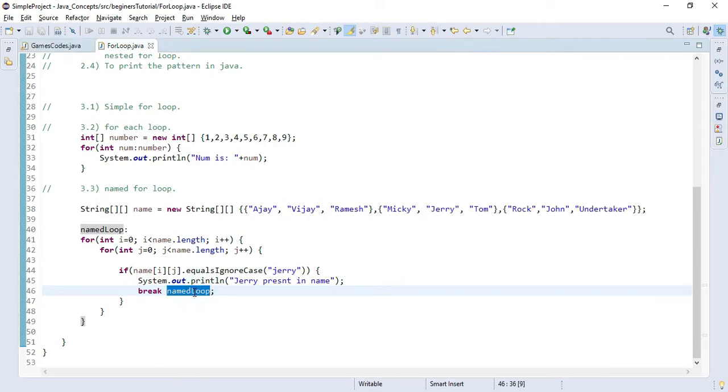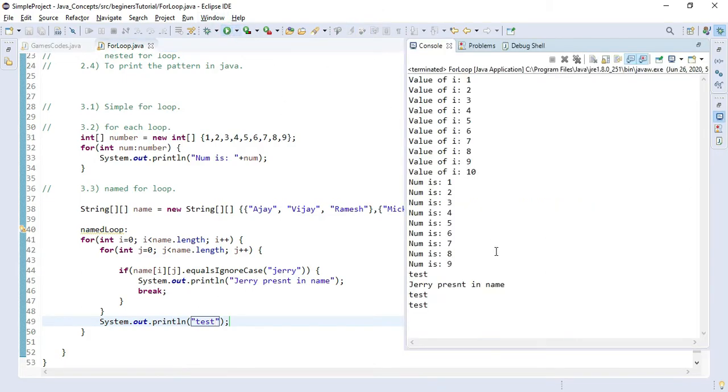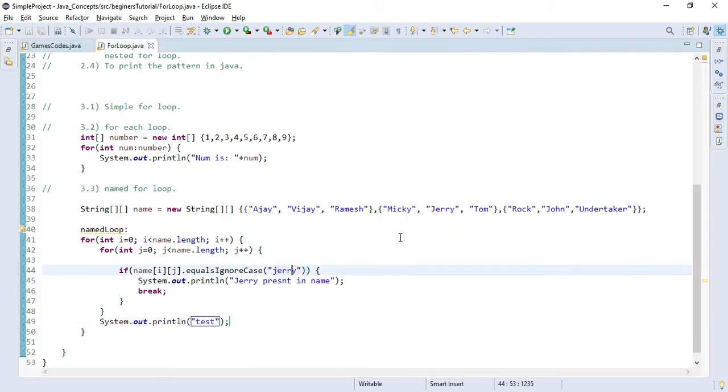If we do not give the named loop here after this break statement, let me show you how it will keep on going. We'll write test here. As you can see, on the first row it will get to know that Jerry is present, and then it will keep on checking for the remaining rows.